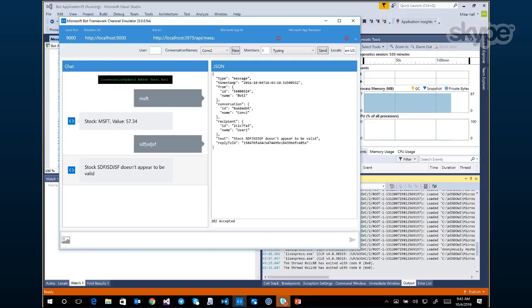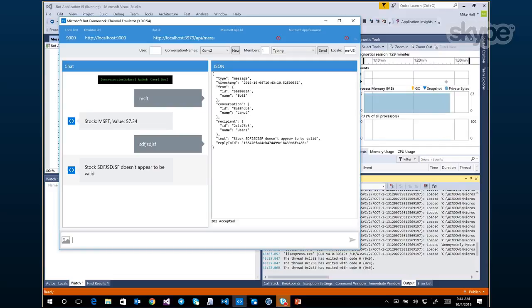For example, if I had queried Microsoft stock and then 30 minutes later came back and said, how about now? Or show me the value now. Somehow my bot needs to understand what that means. What do you mean, show me that now? You mean the last stock that I was interested in? Well, that means that somehow we need to think about storing that stock, which comes back to a question that somebody asked earlier about how do I store my own state?